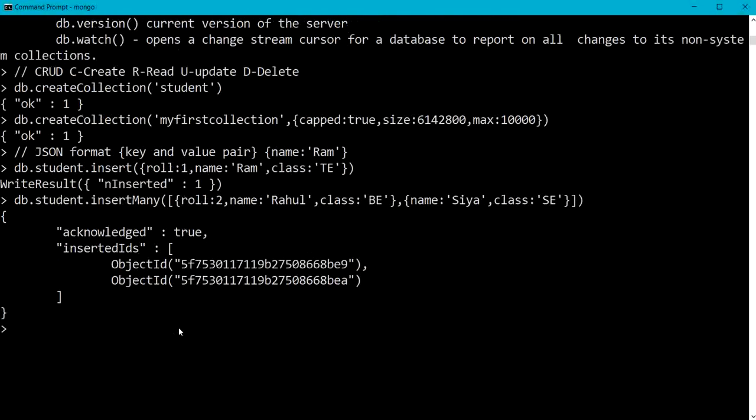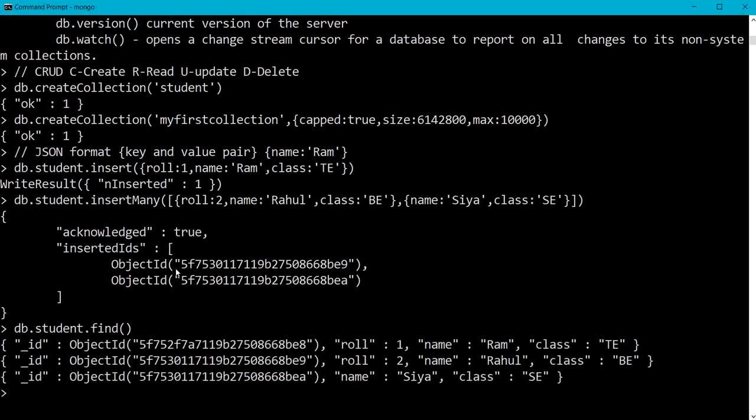It has given us the message acknowledged true and inserted the two documents by using the insertMany method. Now I can check all the documents that we have stored in the student collection. Let me use the find method, which is used for retrieving the data, db.student.find.